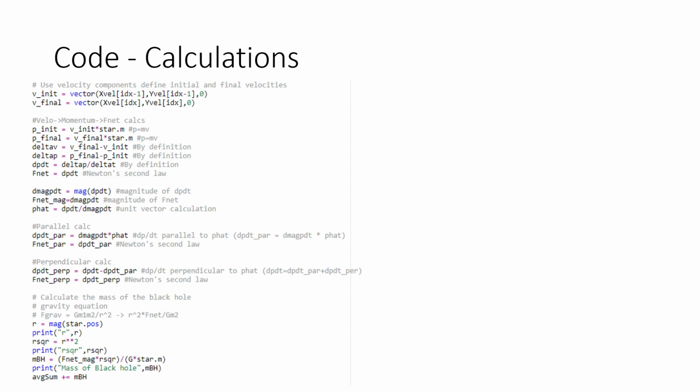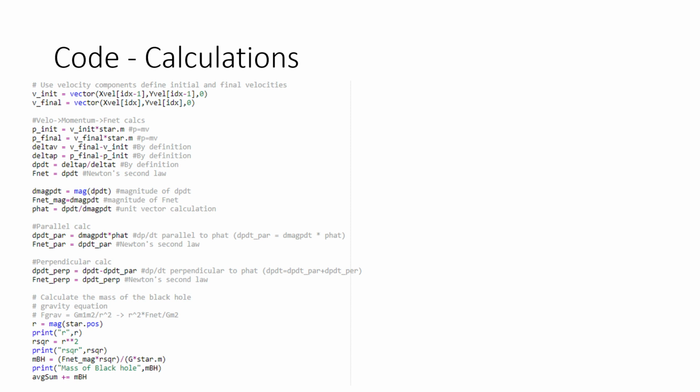Now, here are our calculations. This is quite a meaty slide. So, obviously, we're calculating our P initial and P final using our V initial and V final, which is quite straightforward because you're just multiplying by a scalar there. Our change in V and our change in P are also quite straightforward. It's final minus initial. And then obviously delta P over delta T is delta P over delta T. All this is very uncontroversial. A lot of these are very characteristic equations. You can see the calculations here, but for instance, F net magnitude is equal to the magnitude of dp dt. That's just a fact,